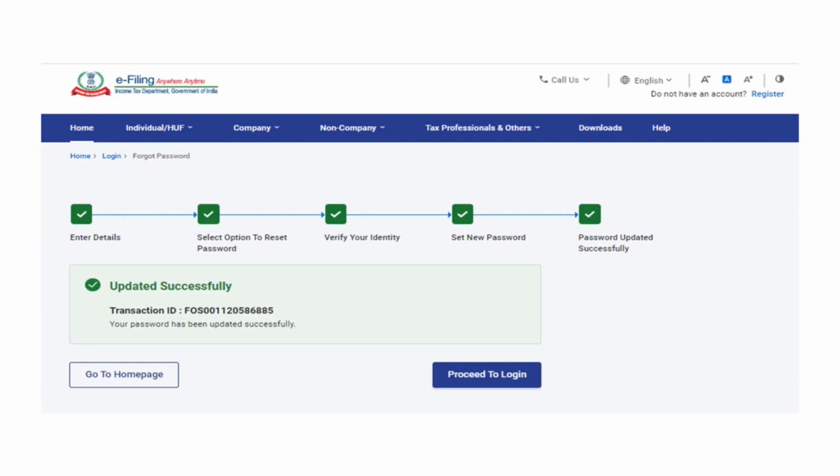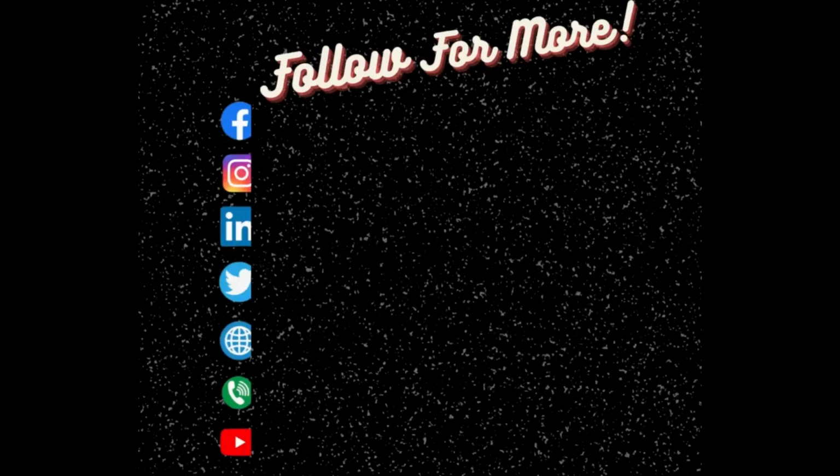Resetting your password is very easy. To know more, you can visit our website